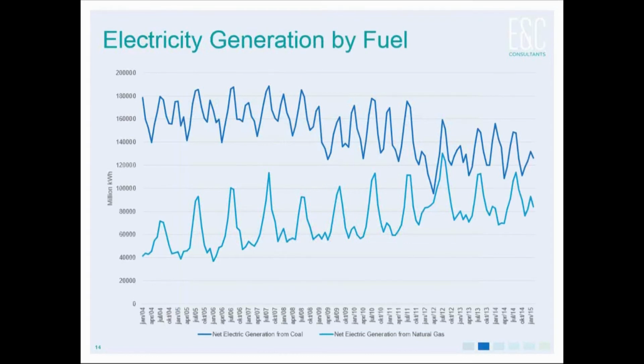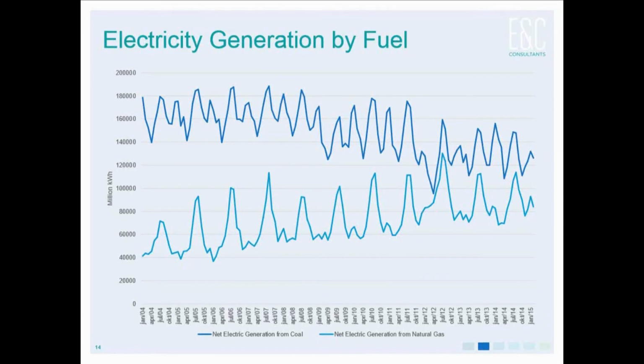A last element that I want to talk about is the coal-to-gas switch that is ongoing. And here you see the electricity generation by fuel as far back as 2004 all the way to January of this year. And you see that the trend is very clear. There is definitely an increased production from gas-fired power stations, and there is an equally remarkable decrease of power production in the